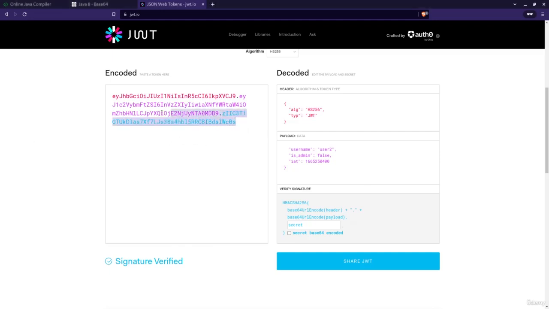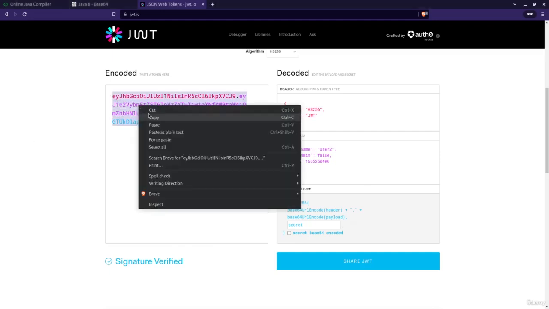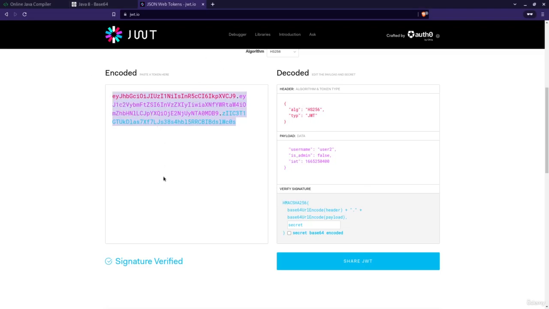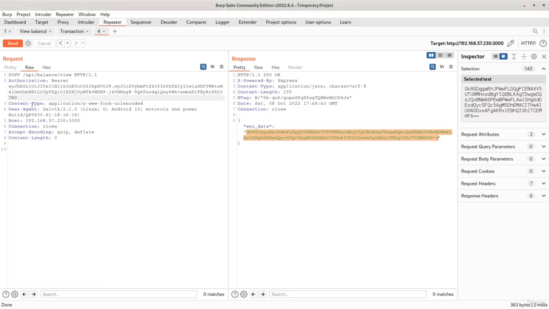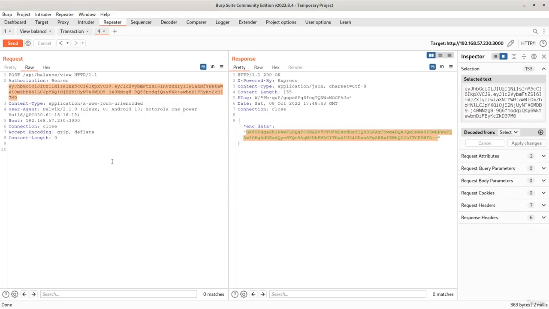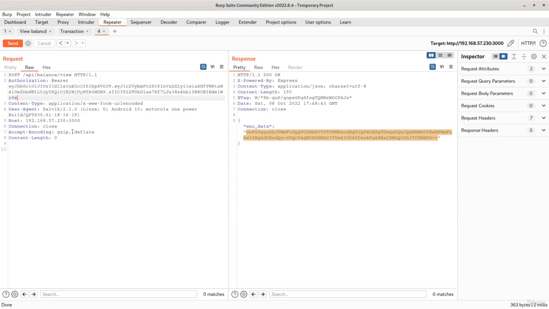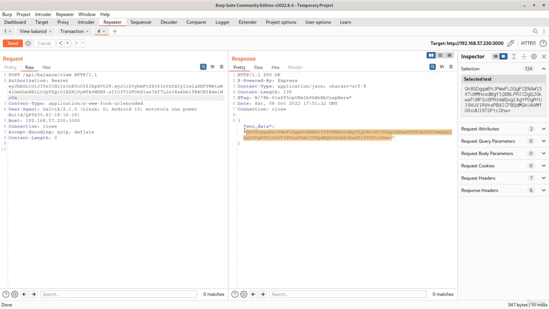Now let's copy this newly signed token and go back to our Burp Suite, removing the old token and replacing it with the new token with user2 username, repeating the request. I got some other response this time. Copying this,